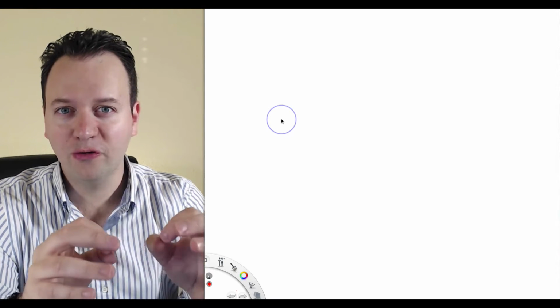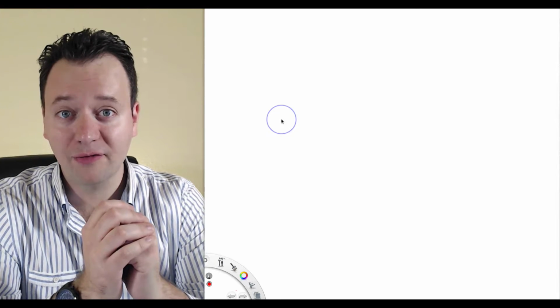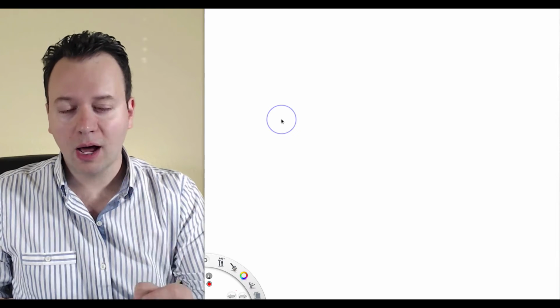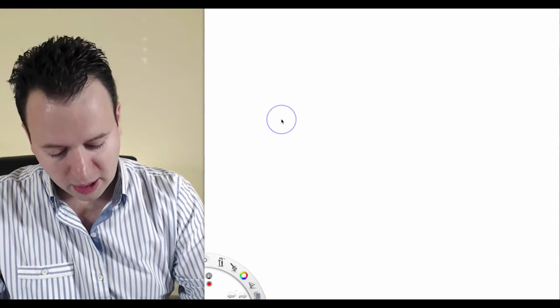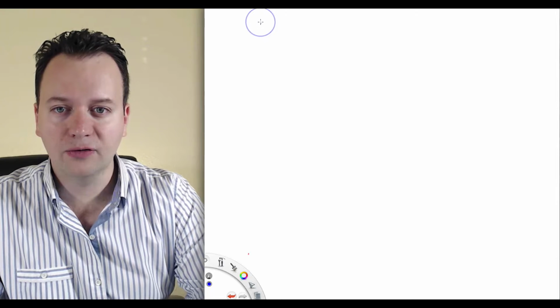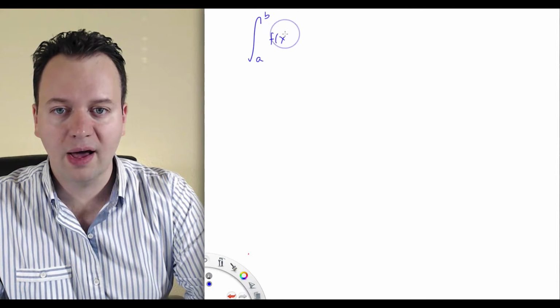Next, we're going to finally see the exact definition of the definite integral, which is, next to the derivative, one of the top two most important concepts in all of calculus. So the definite integral is written as follows. We would write it as the integral from a to b of f of x